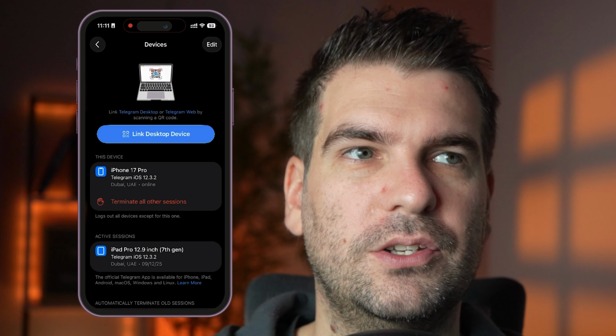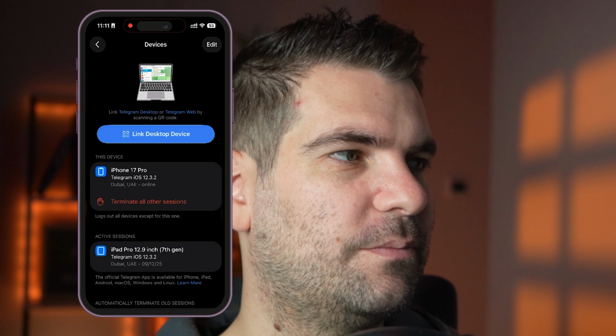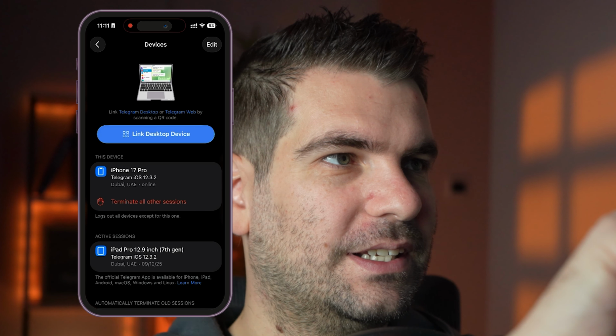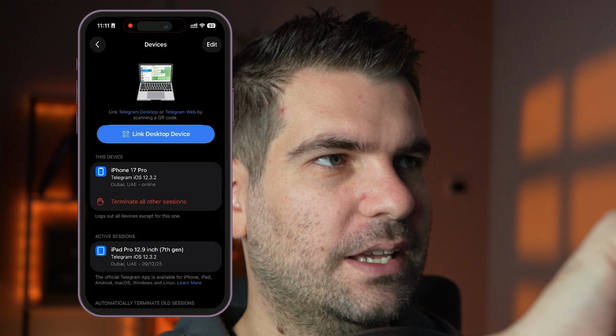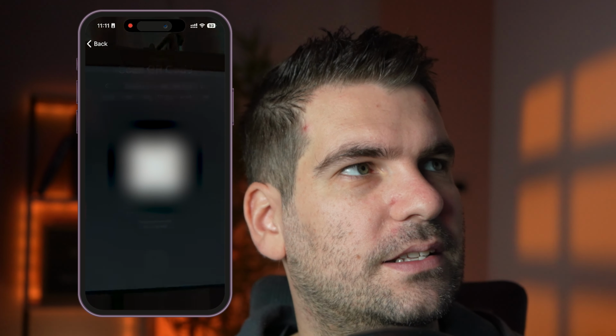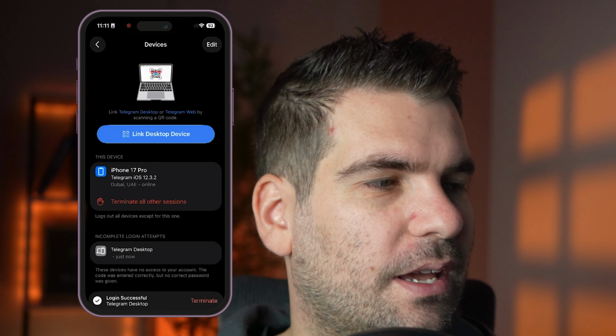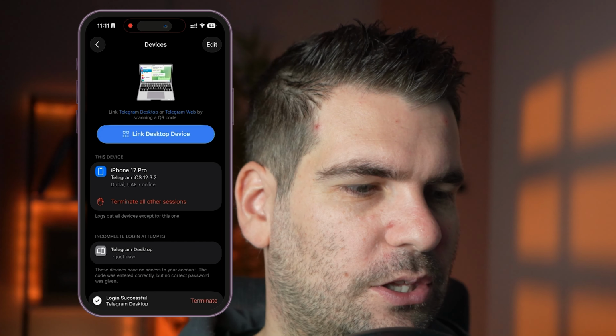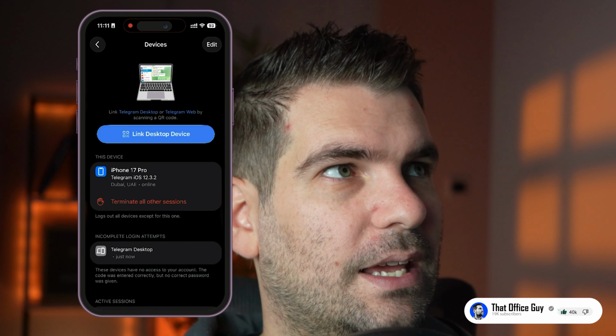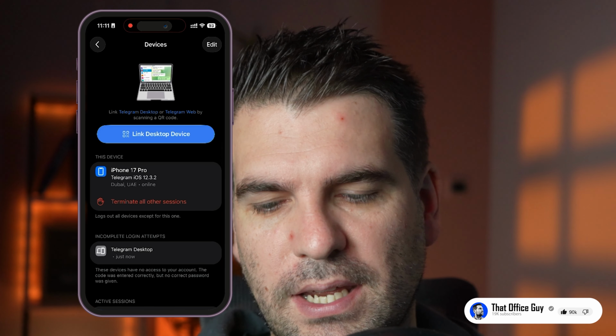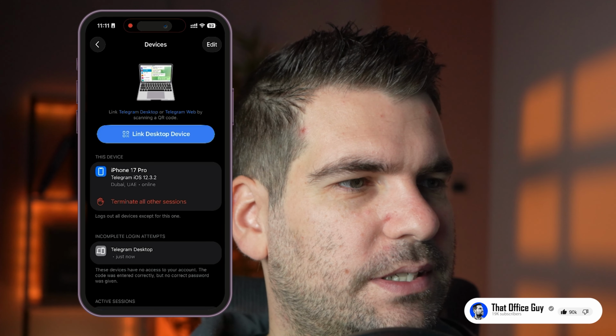And then here, what we can do is, if I bring my phone up here, click on the link desktop device. We're going to click on that and you're going to get this little QR code come up on the screen, and the ability to scan the QR code. We're going to do that, and then what's going to happen, if I bring up the desktop right here for a second,